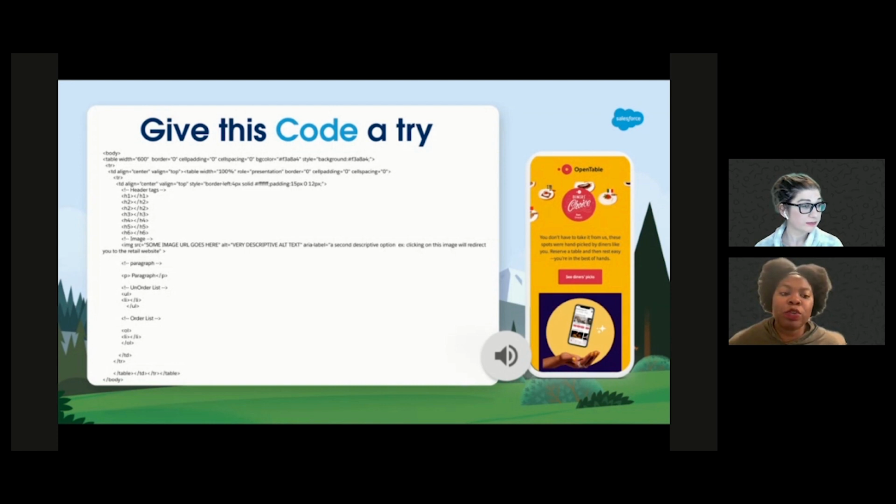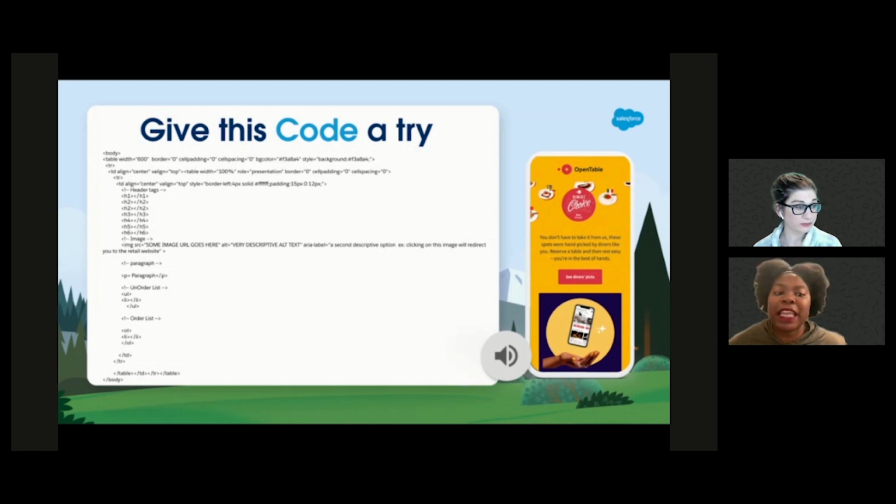It gives them more of a personal experience, and it allows you, the company or the marketer, to tell your story your way, because you control the tone of the reader's voice. So you could say, Diner's Choice, you don't have to take it from us. These spots were handpicked by diners like you. Reserve a table and rest easy. You're in the best hands. If you want to reserve a table, click on the next button or press tab and select the link. And boom, you now control the narrative of the story that you want to send your consumers.